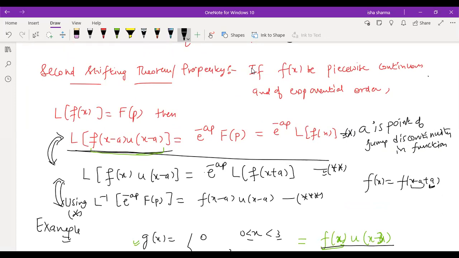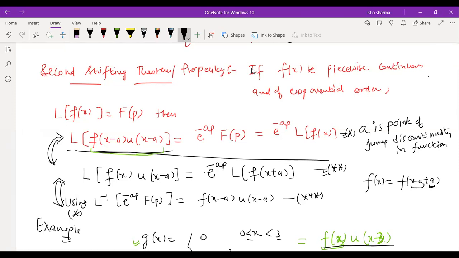So what is the identification point? How will you recognize in what questions you will be finding Laplace inverse using the second shifting property? Because we already know Laplace inverse can be found using the convolution theorem also, and by standard formulas also. But here I'm telling you the Laplace inverse can be found using the second shifting theorem also. So what is the difference? This is what you have to understand. How will you identify when to use the second shifting property to find a Laplace inverse of a given function? Can anybody tell by looking at the formula?